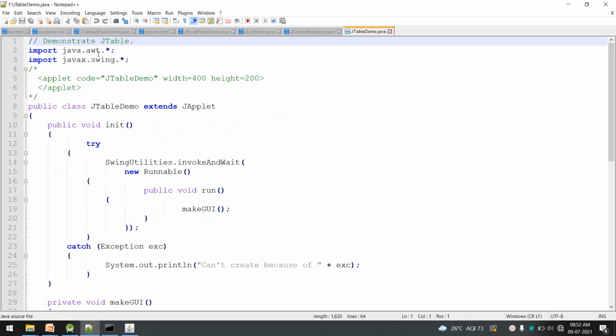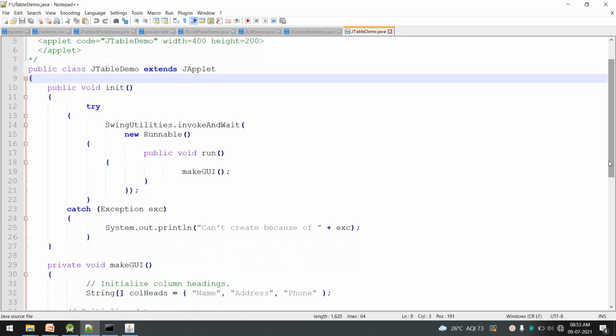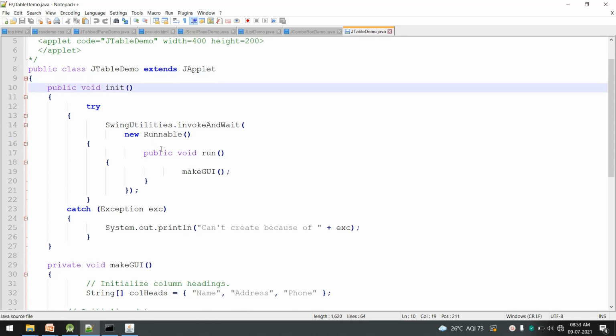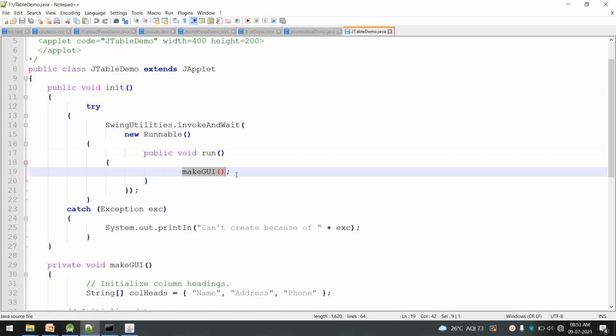Okay, the initial part remains the same. This is the HTML code. The class jtable extends applet. There are no variables declared at the top. Then inside the init, inside the thread, we are creating the GUI by using makeGUI.